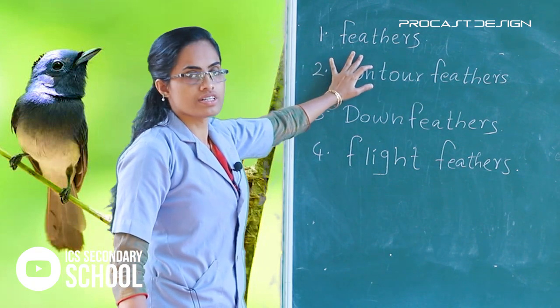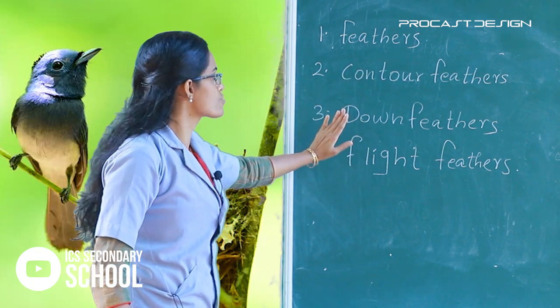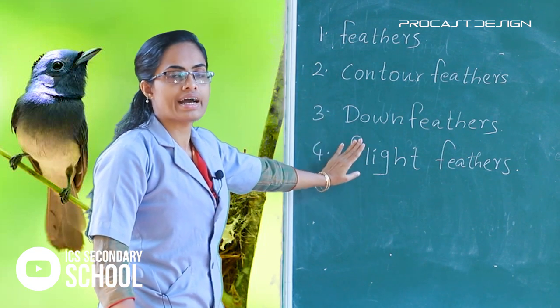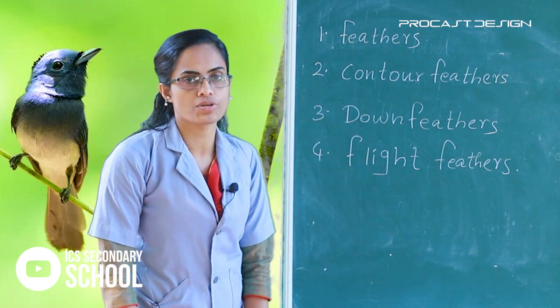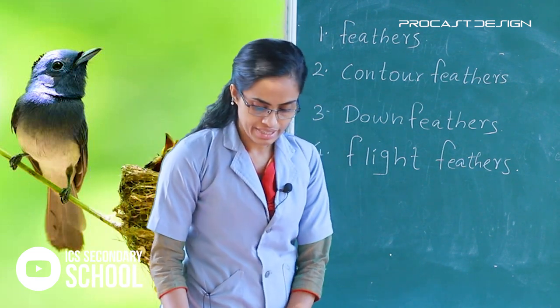The first one, feathers, and the next, condor feathers, down feathers, flight feathers. Study these words also and write 5 times in your science notebook. All of you clear? Yes. Study well. And the next one,